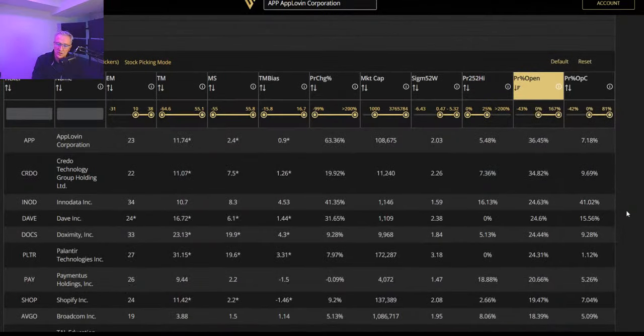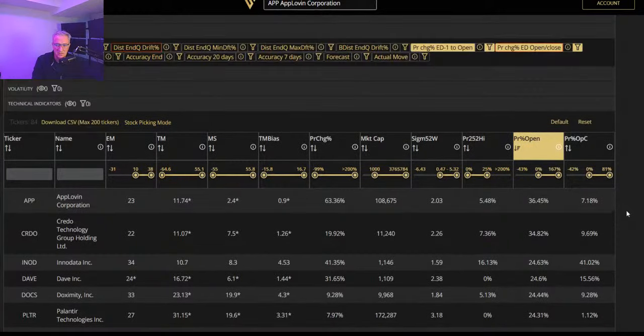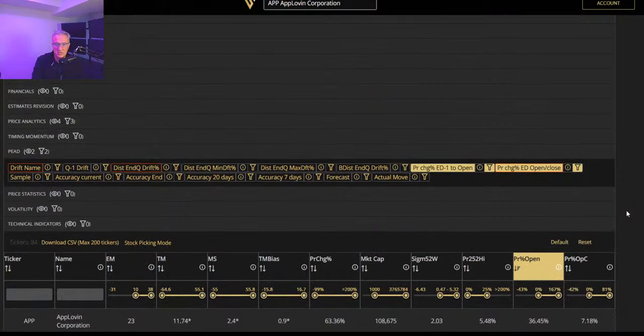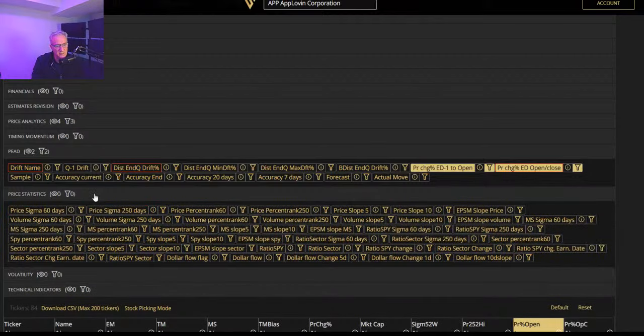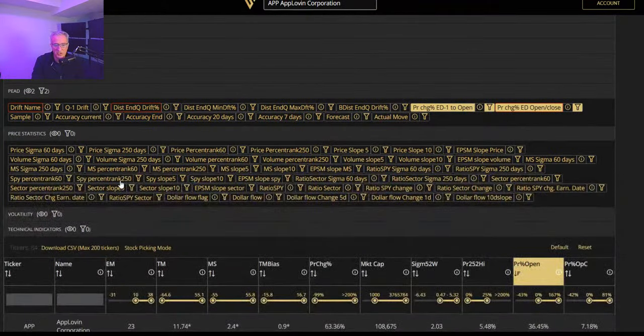So one could argue that this is really possibly modified by how the S&P is moving, right? So if the S&P is having a great day and growing 2-3%, it's pretty rare, but when it does, all stocks lift, a rising tide lifts all boats, right? So what you can do is you can specifically look for the ratio of the stocks to the S&P,